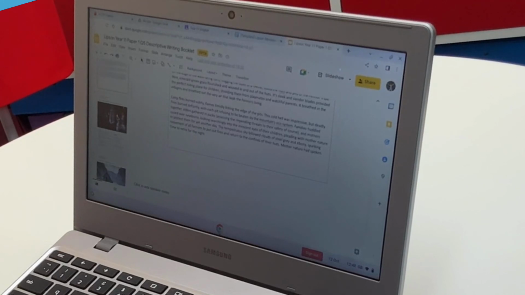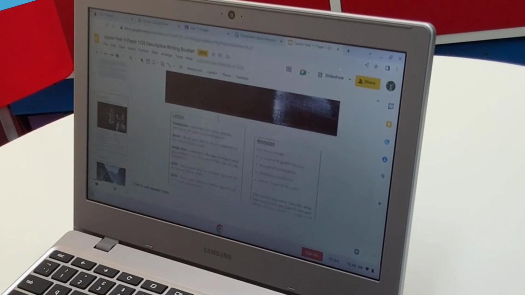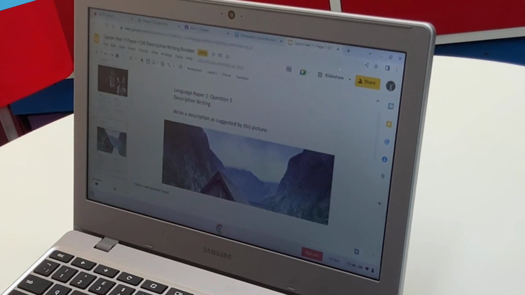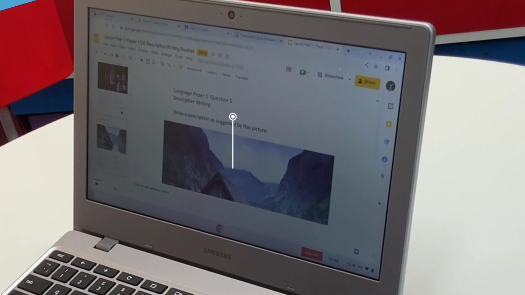If you scroll down through the booklet, you can see that I'm giving you lots of images and a little task to complete. The main thing I will say for question 5 is that it's really important for us to start building our stamina with extended writing. We're finding in classes that some of you are struggling to write for 45 minutes, and that's as long as you have to complete this question. So give yourself 45 minutes,